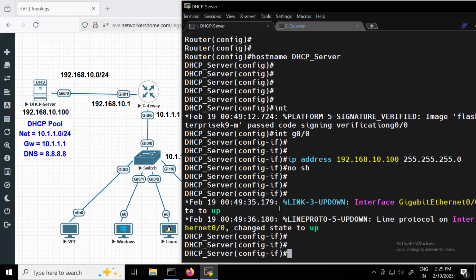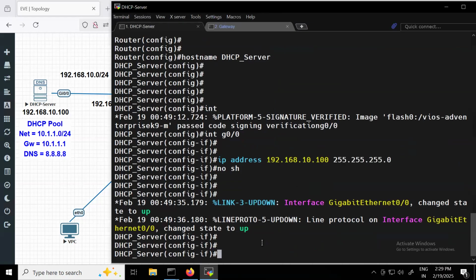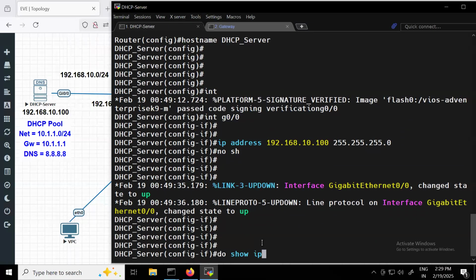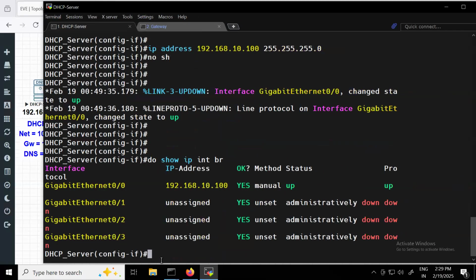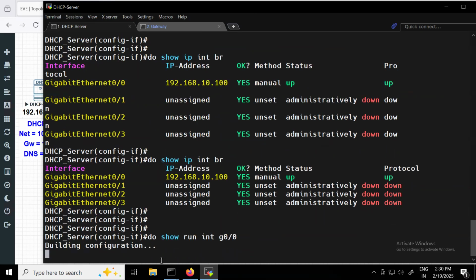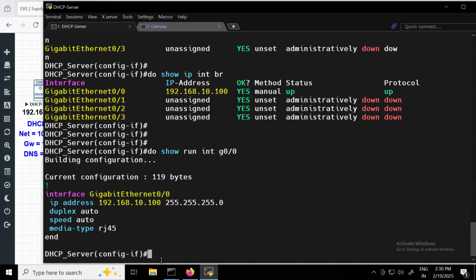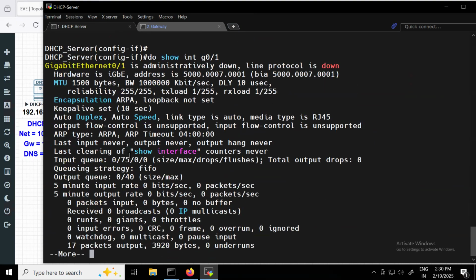Okay. First, let me clear this out. If I check show IP interface brief, I can see the IP address, right? I can see the IP address. Do show running interface gig 0/0. I can see one IP address. Do show interface gig 0/1. Here also I can see